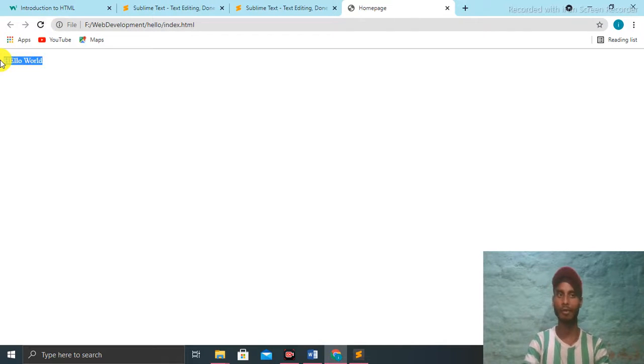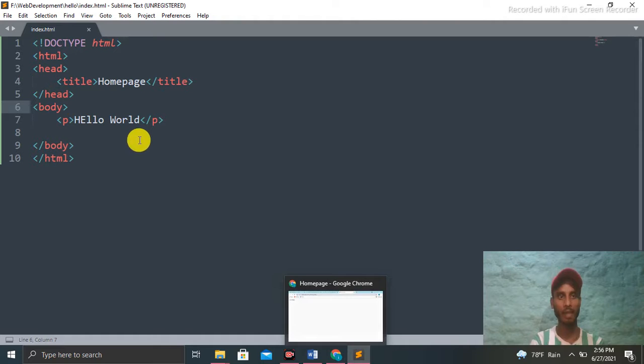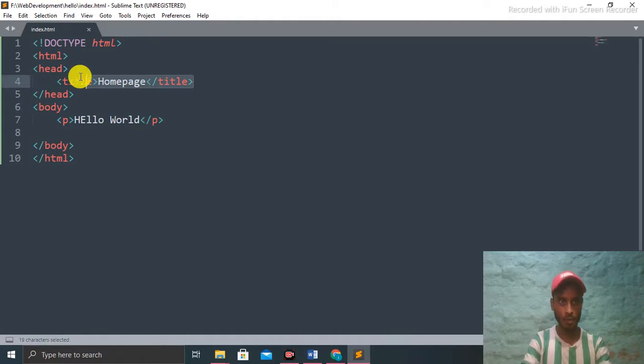This is our first HTML program. You can also see home page in the title. The title tag is used for the title of our web page. The opening and closing tags together are called an HTML element, and only these are called tags.